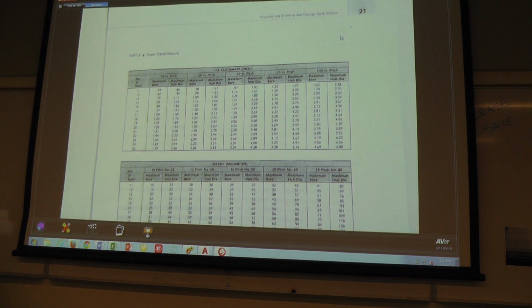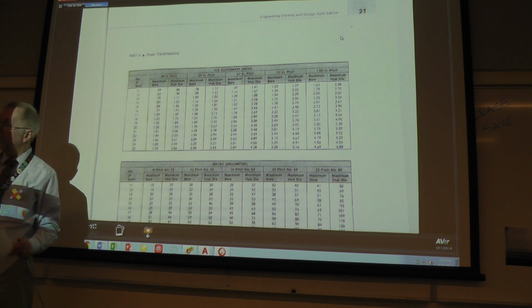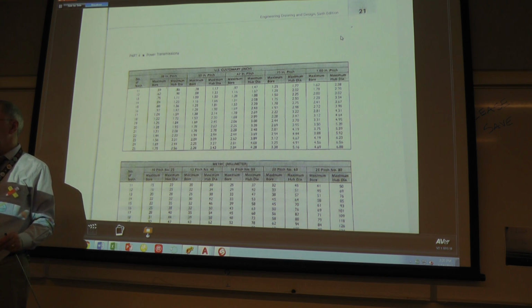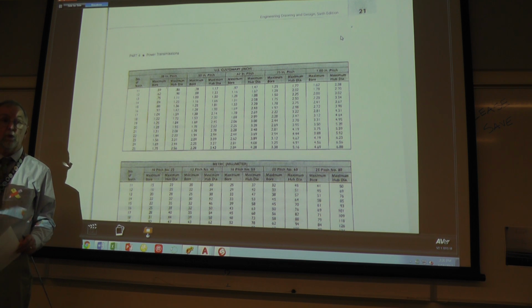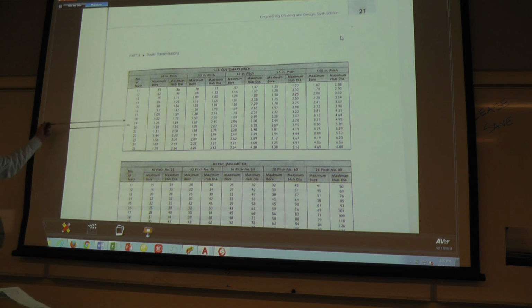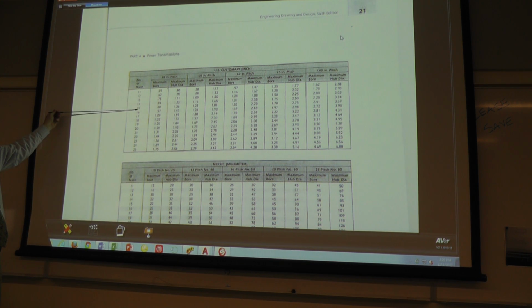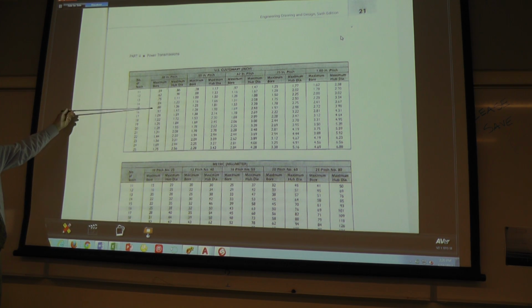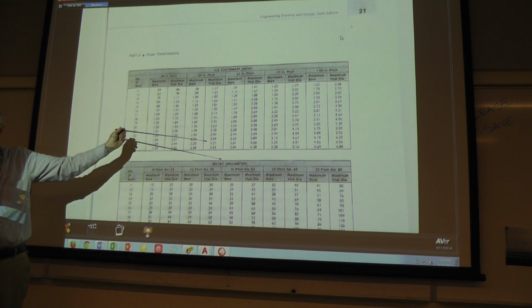So here, once I find out what type of chain I need number-wise and what type of pitch it has, and then when I start determining what the number of teeth are in the driver or the driven sprocket, I come over to this chart to look at the number of teeth. Let's say I had 15 teeth on one of my sprockets and a 3/8 pitch chain. That means that there's a maximum bore size that exists in here of just over 7/8 of an inch, which means that if I have a shaft that's larger than that, I'm going to have to go to a different size chain, or